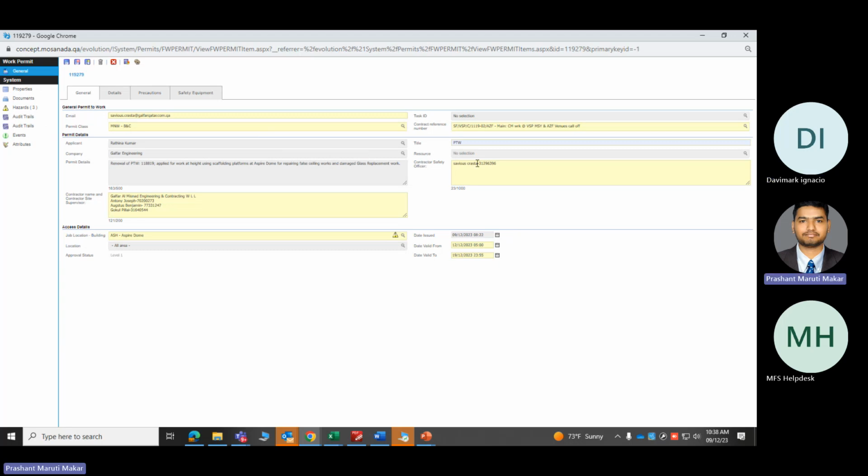In the permit details, in the contractor safety section, you have to put the safety officer details and the contractor name, that means your company name, and the supervisor for that particular task. Whoever is the supervisor, you have to put the name and numbers over here. Got it? All the details. Okay. Once this has been done,